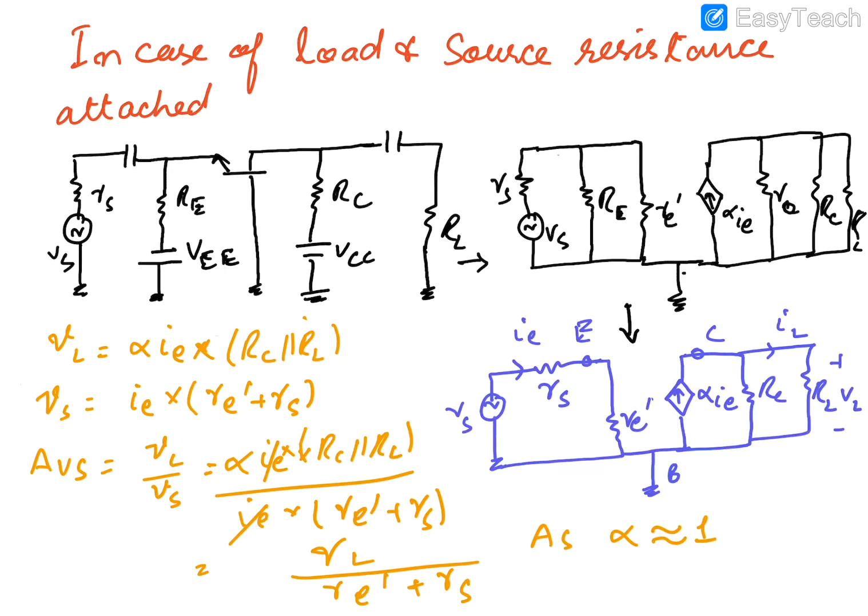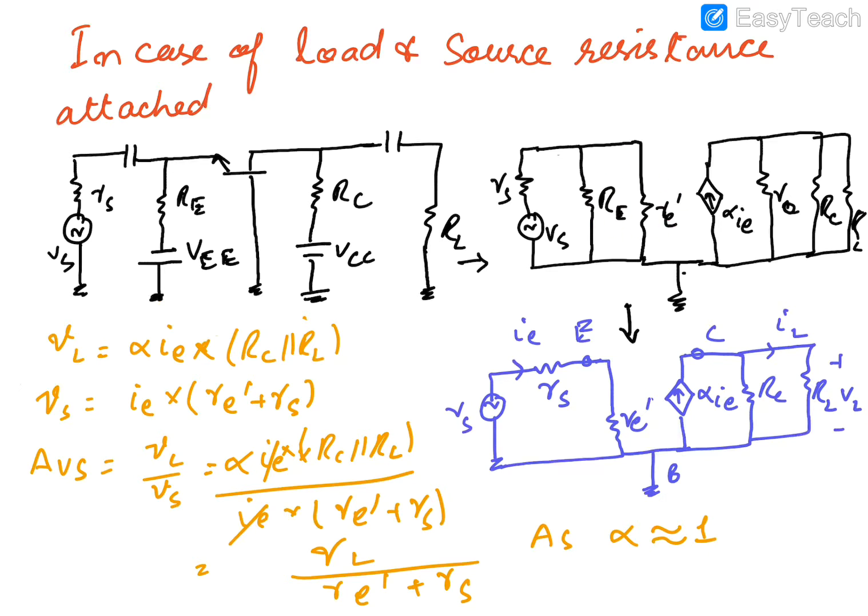Next is the case when we have connected RS, the source resistance, and the load resistance. In this case, here again we will draw an equivalent AC circuit based on the transistor model. We have short circuited all the AC voltages, DC voltages, including the capacitor. Further, we can see that Re is in parallel with Re dash, and as the value of capital Re is much greater than Re dash, this parallel combination will be equal to Re dash.